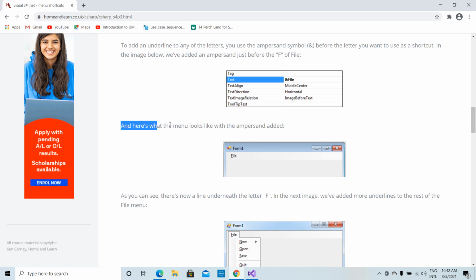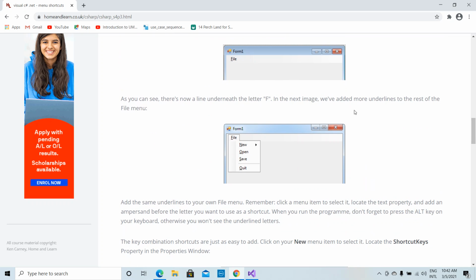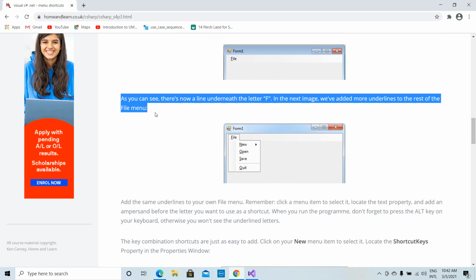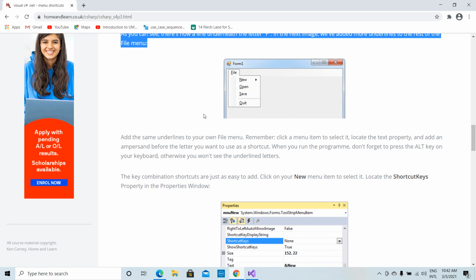And here is what the menu looks like with the ampersand added. As you can see, there is now a line underneath the letter F. In the next image, we added more underlines to the rest of the file menu, and in this way